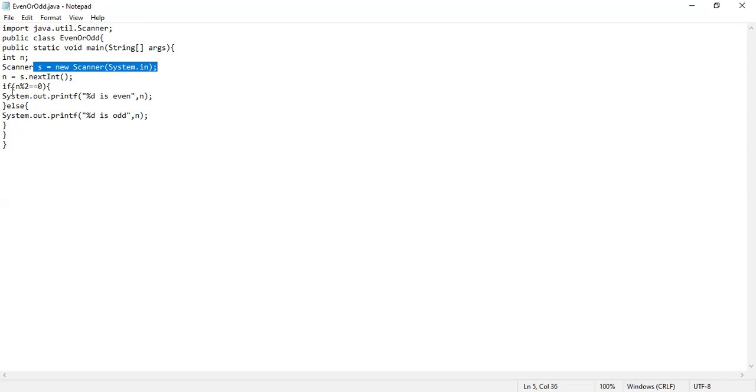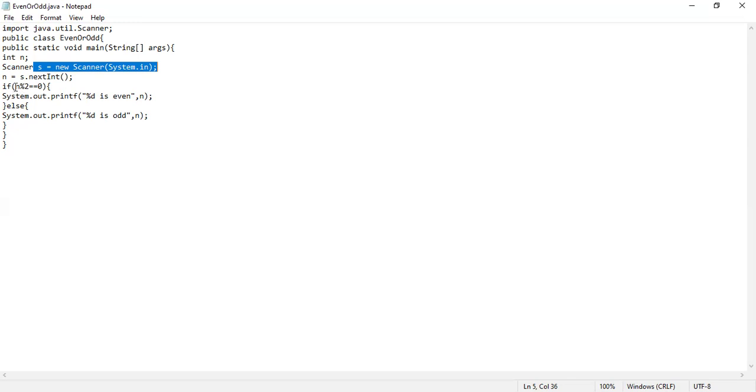For checking whether a number is even or odd, the number should be divisible by 2. When we divide a number, we get a remainder, and to check the remainder we use the operator called modulo, which comes under the arithmetic operators.